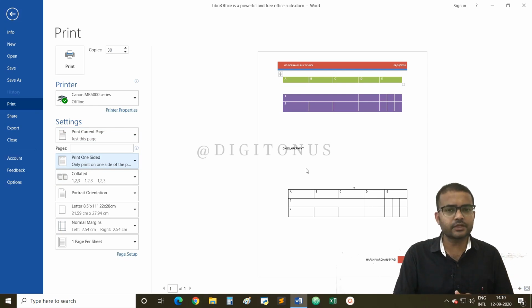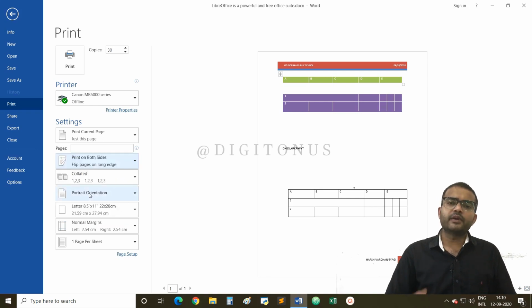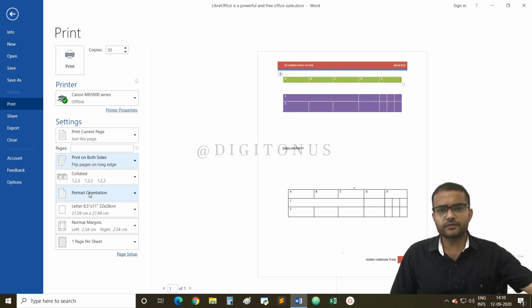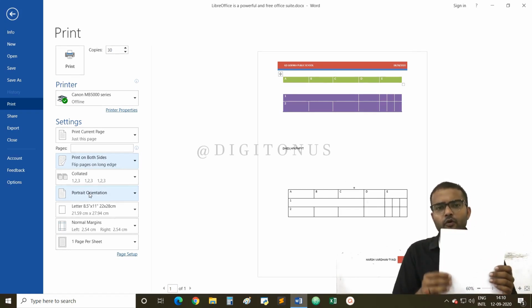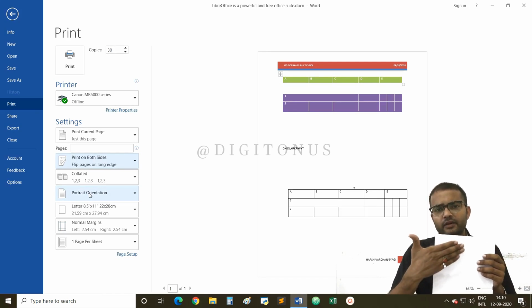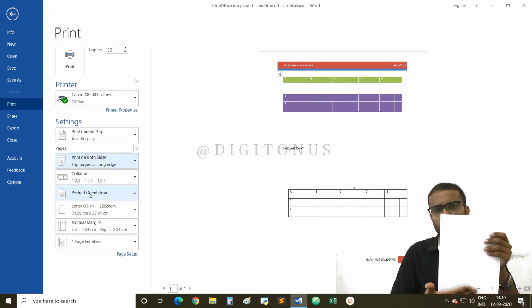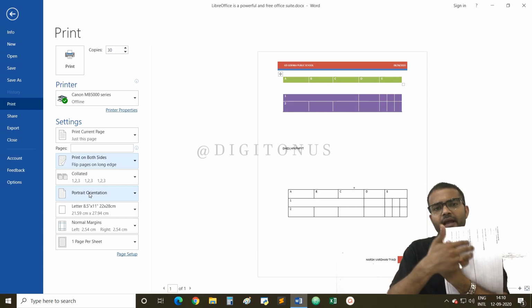Suppose you have 10 pages in your document, each page will get printed on one sheet, so there will be 10 sheets in total. Now suppose you have selected Print on Both Sides. Print on Both Sides means, like I have this A4 sheet, the document will get printed on this side also, on the front and on the back also.